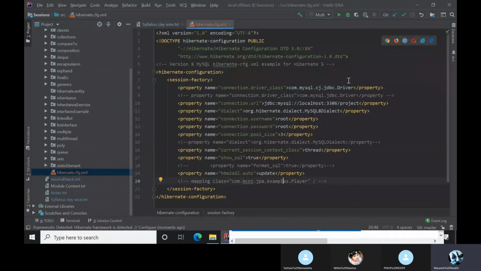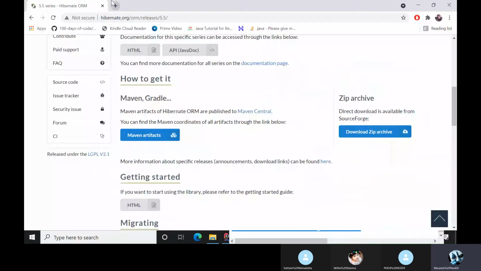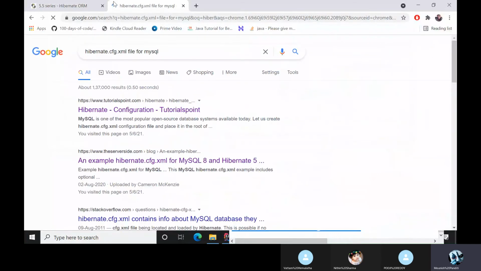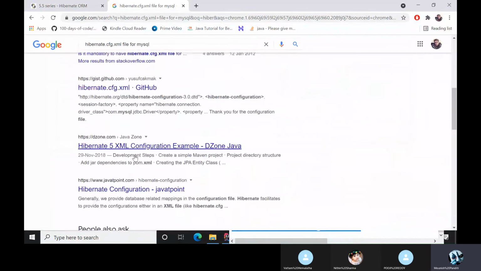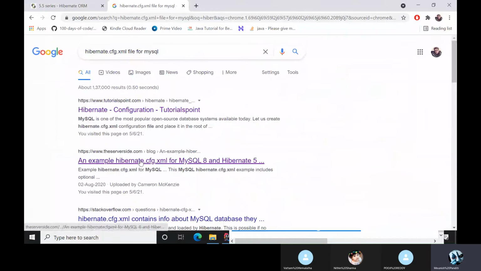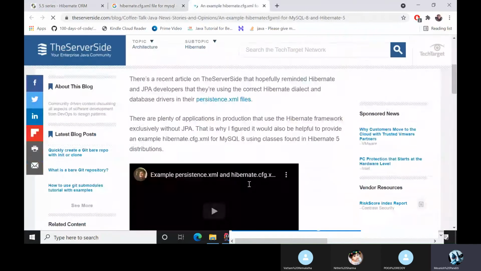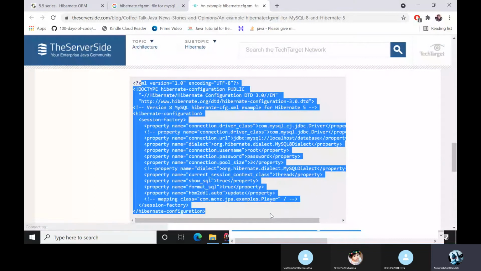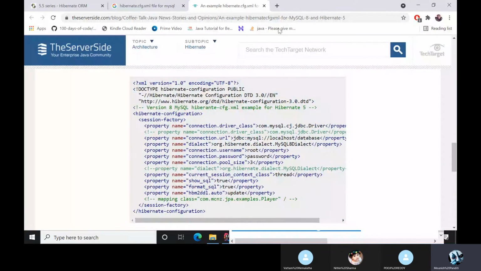There is nothing new over here. You simply go to Google, type Hibernate XML file for MySQL. You have a bunch of websites which will give you this file. Whatever details you have, you can directly copy it from here. So that is not a thing to worry about.